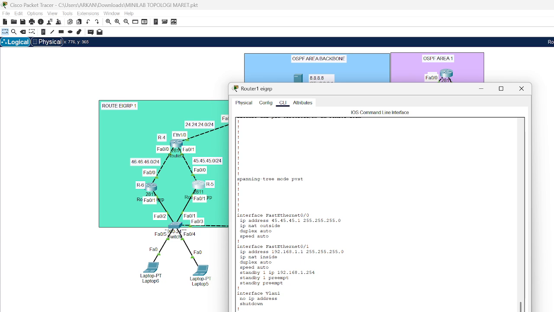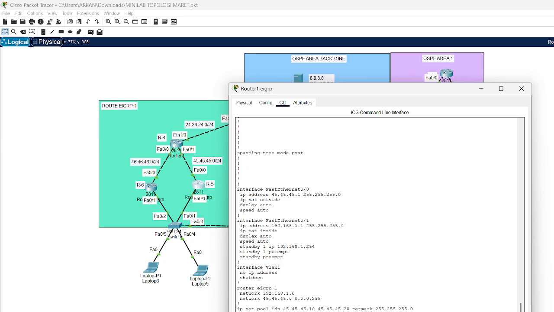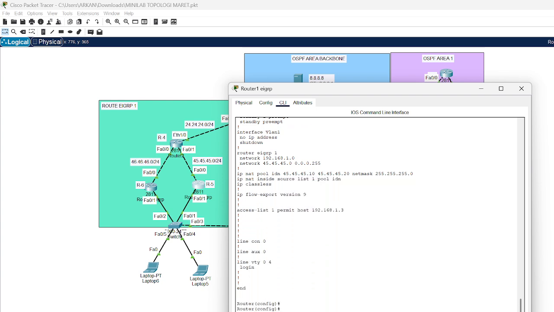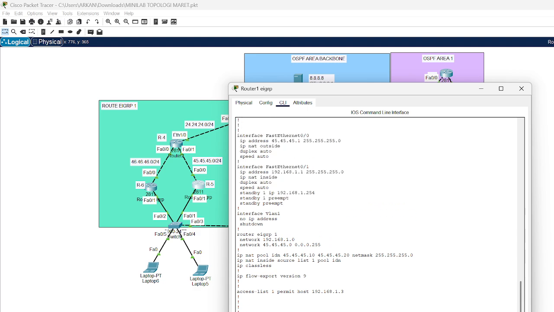Yeah, I make IP address in FA 0/0, the IP is 45.45.45.1, and then I make in FastEthernet 0/1 the IP address 192.168.1.1, and then I make a router EIGRP. The networks that router 5 has are network 192.168.1.0, and then network 45.45.45.0.